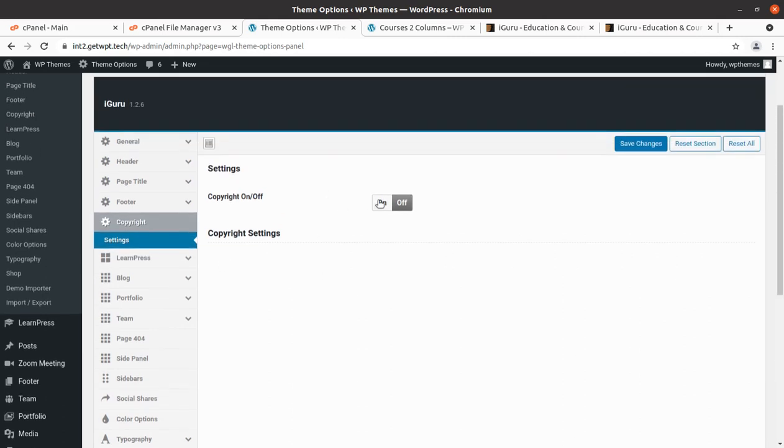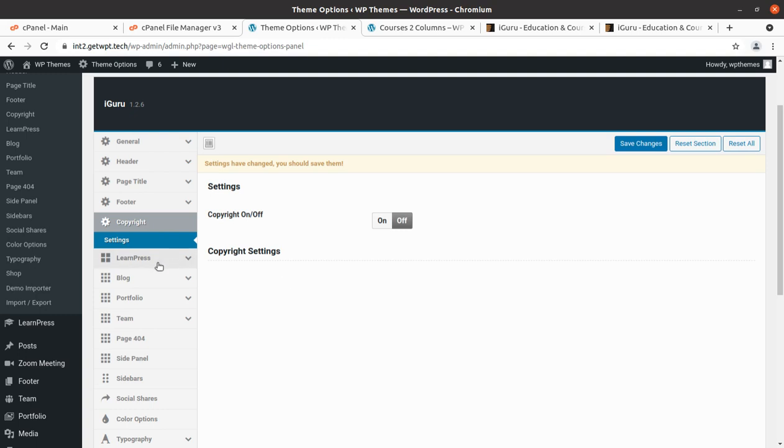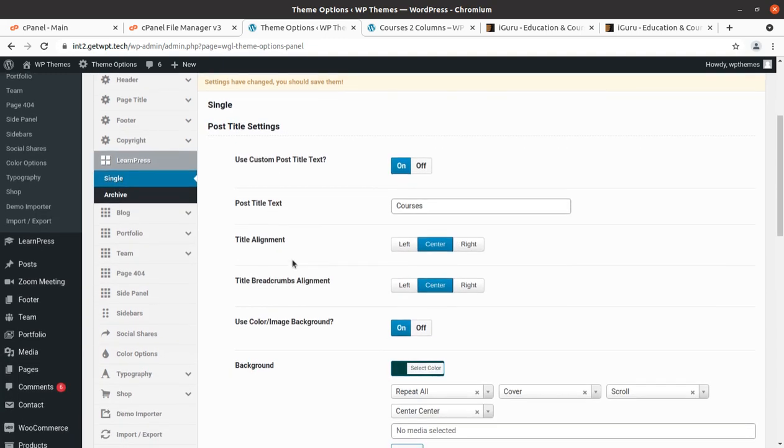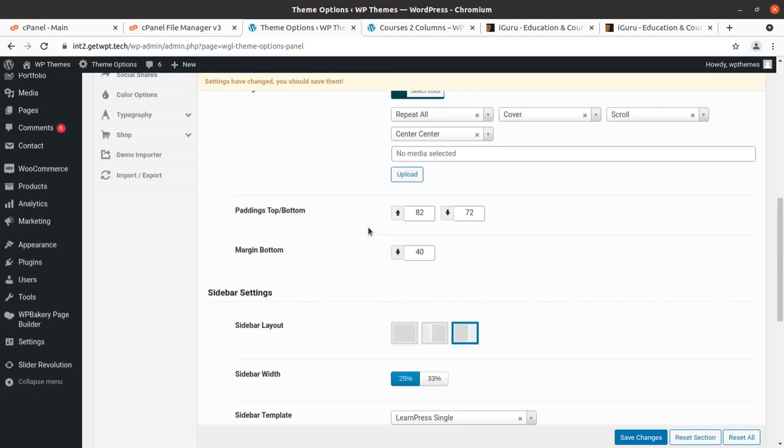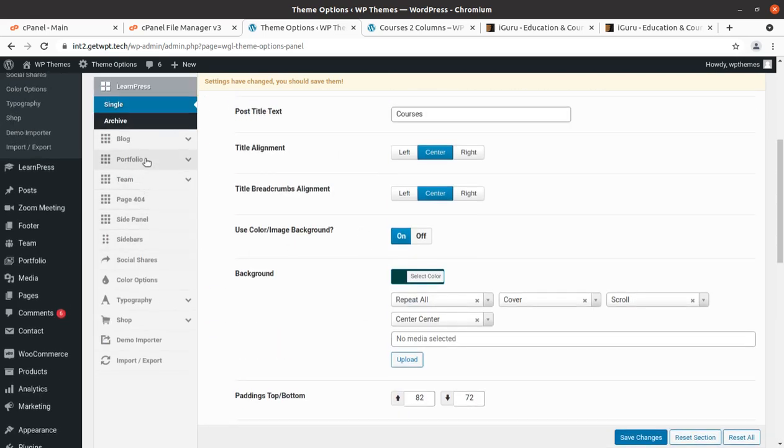Copyright text, or you can turn it on or off, and copyright setting is also here. So if you keep it on, you can change the copyright text, and you can keep it off as well. Learn phrase setting is for course and listing. So these are the sidebar margins and all column settings.